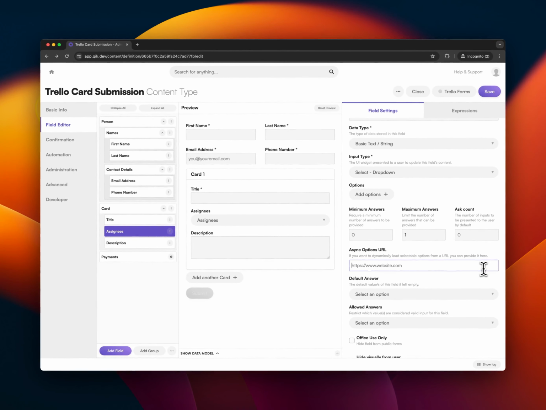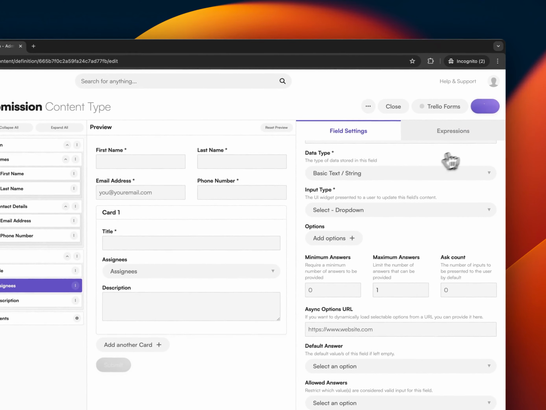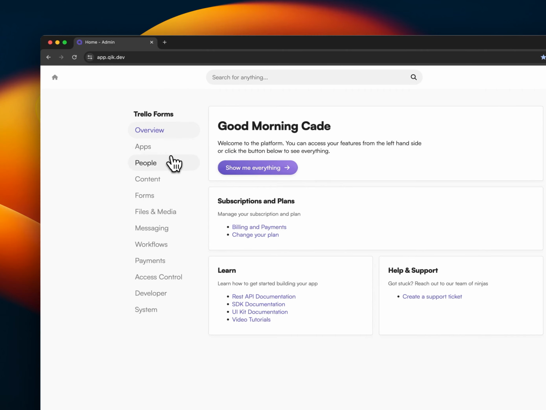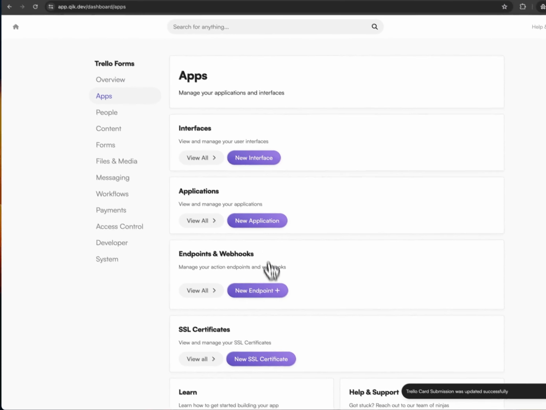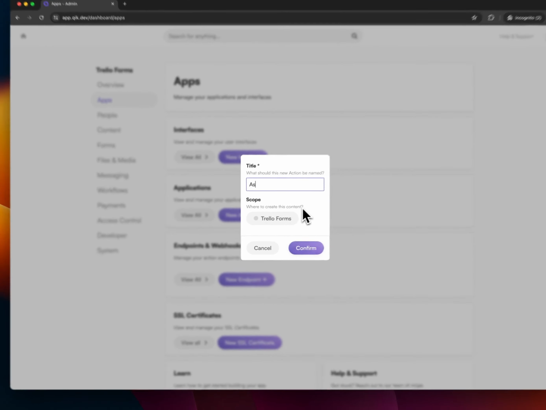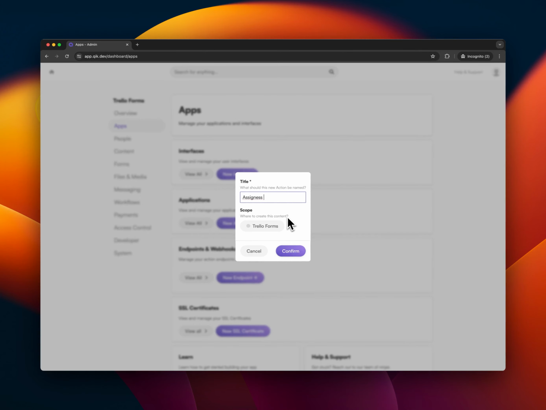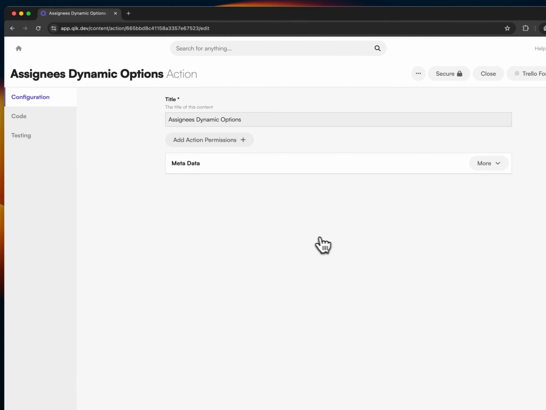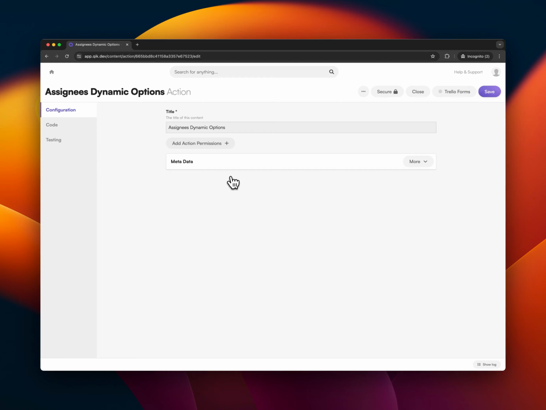Now it might be a CSV file or another file or something online, but if we hit save here, you can also create an endpoint in the platform. So if we go back here and we go to apps and we go to endpoints and webhooks, we'll create a new endpoint and we'll call this the assignees, that's how you spell it, dynamic options, just for lack of a better word. So we'll create that, and it'll create an action for us, which allows us to run our